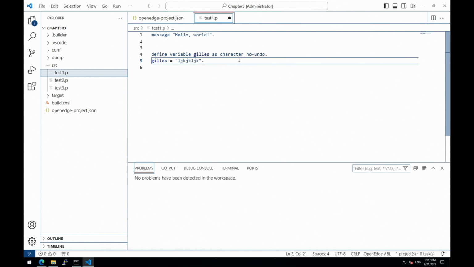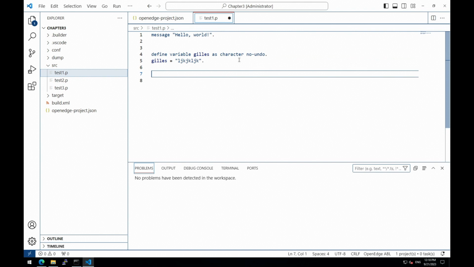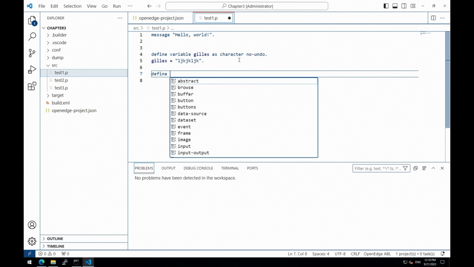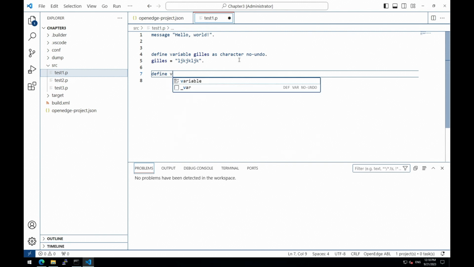One of the things that you expect when you work with VSCode is to have some kind of code completion. So if you type def, you will see what can be typed at this point in the source code. Here we have define. If we type Ctrl+Space there, we have what can be injected after the define keyword. This is exactly what will be a valid syntax. You only have access to what can be defined. So let's put a variable.